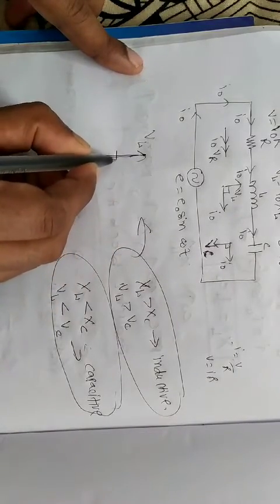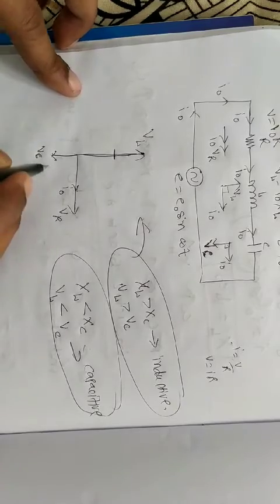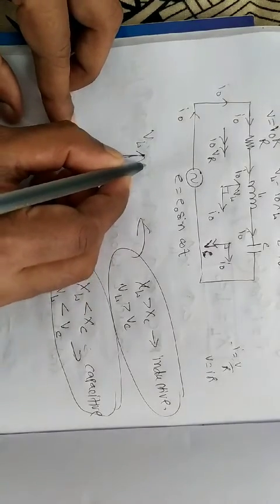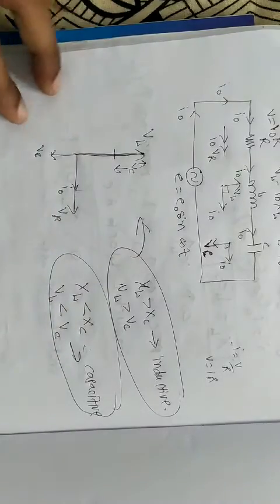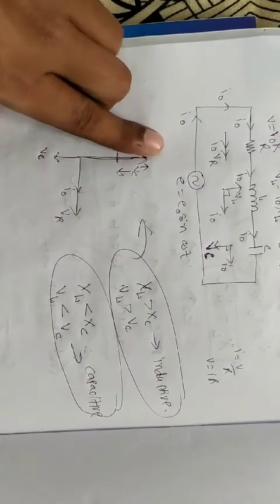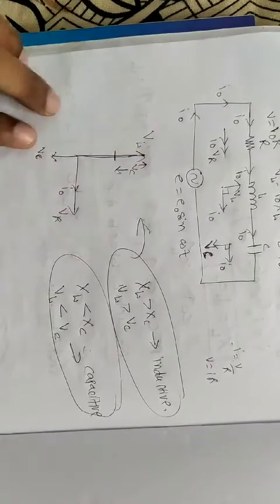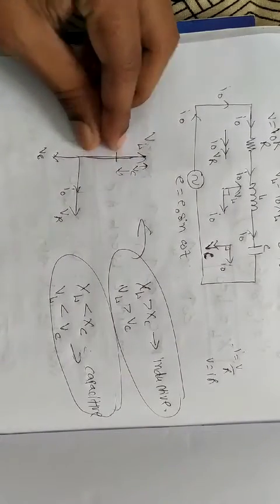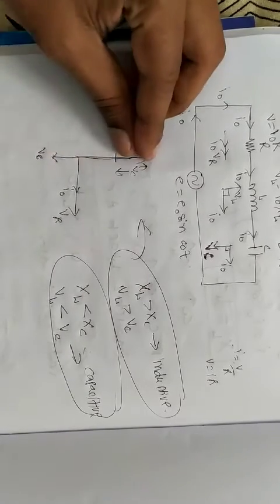Right? So let's say this length is VC. You have to subtract VC from here. Because if suppose here 10 Newton force is acting, and here 3 Newton force is acting, what will be the net? 10 minus 3, that means 7. So VC we will subtract from here.